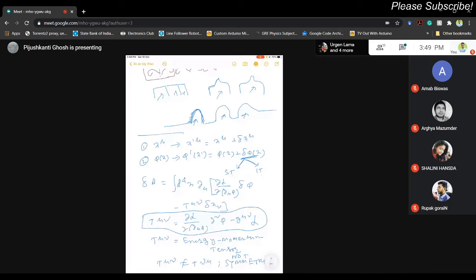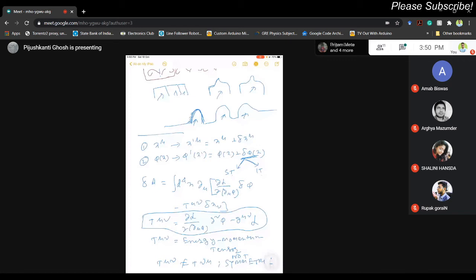Now, in order to derive Noether's theorem, basically we take delta A, and at the end of the calculation we put it as a total derivative. Because you know that if you add a total derivative, it does not change delta A, and I am skipping a large number of steps.